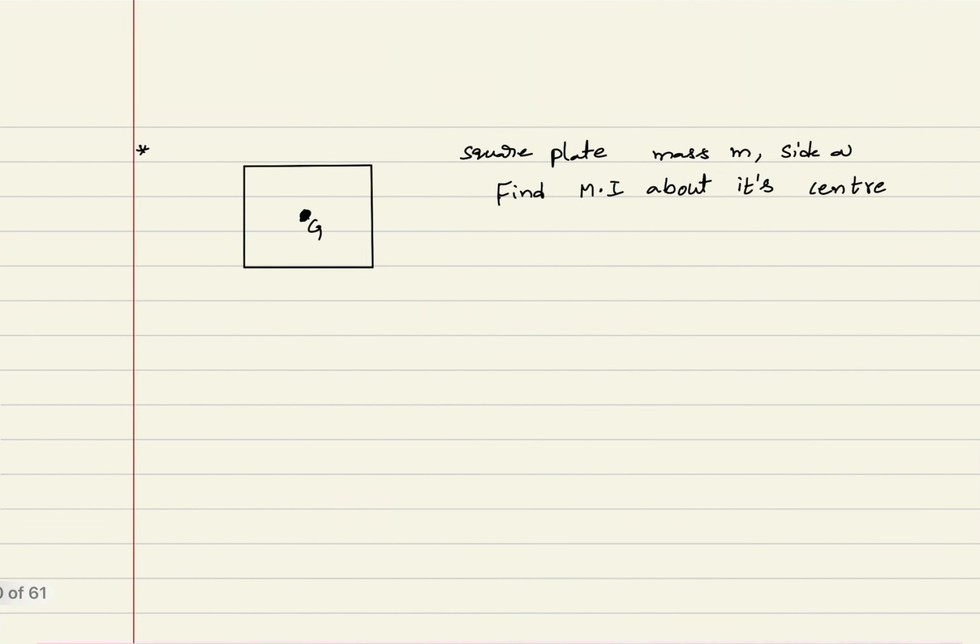Next one, square plate. If they ask you to calculate the moment of inertia of the square plate having mass m and side a about its center point, perpendicular to the plate, I have taken this G. Same process. Let us consider the moment of inertia I is equal to K times the mass m, side a, K into ma square. Step 1 I am following. Our step 1 is you consider the bigger